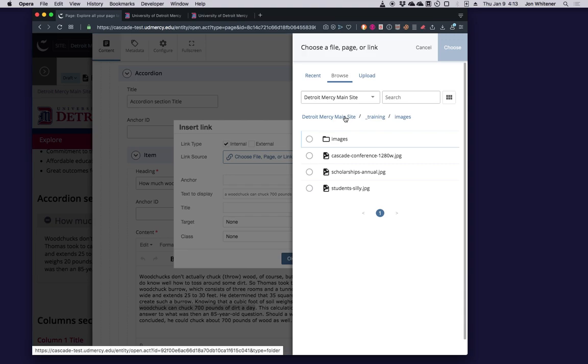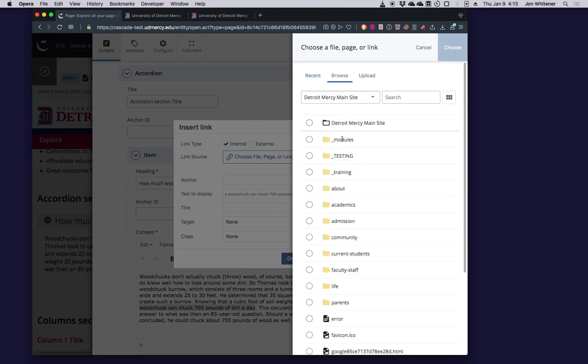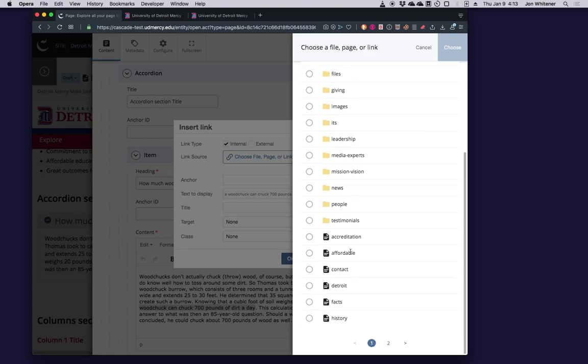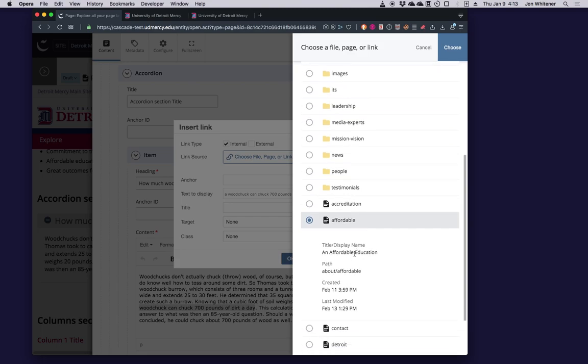I can go to the Detroit Mercy main site root, which shows me everything in there. And then by clicking through the various folder options, I can see the pages within each. Let's say I choose Affordable, which gives me a little bit of information about that page, and then click Choose.